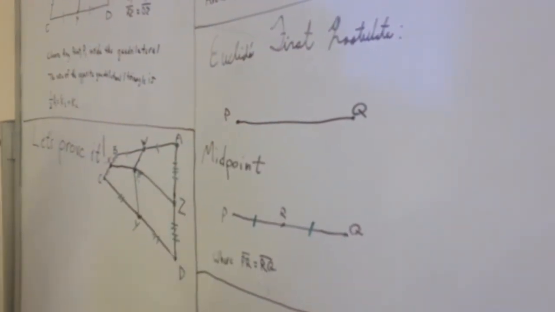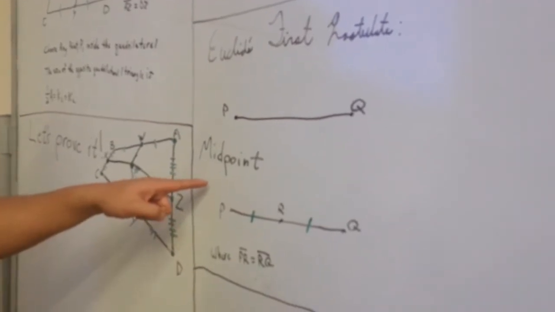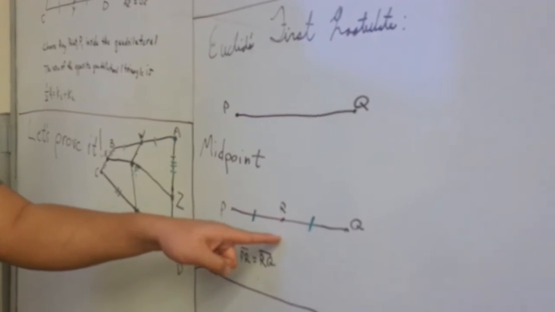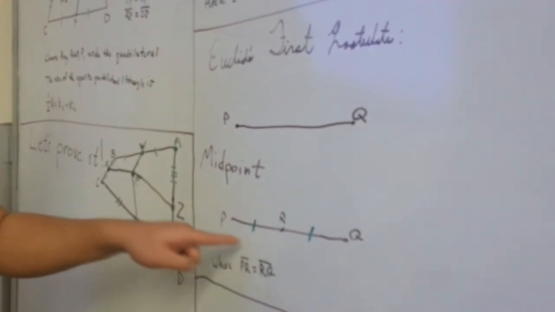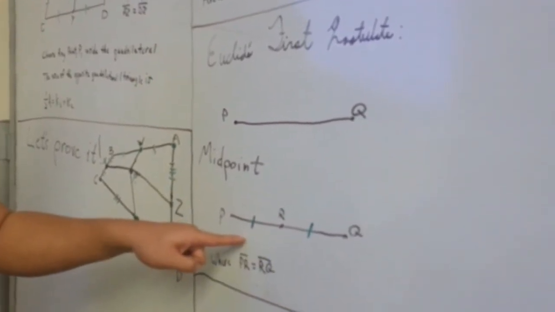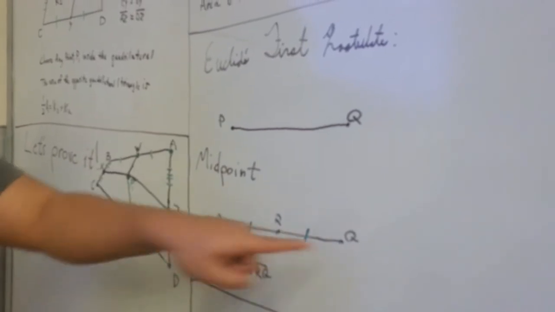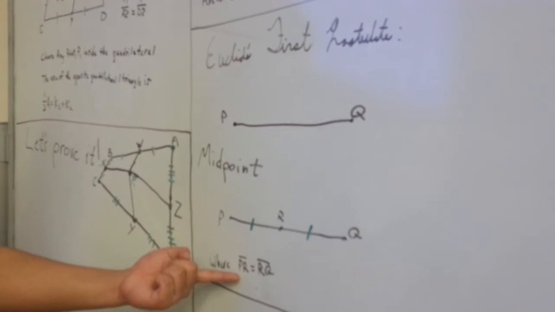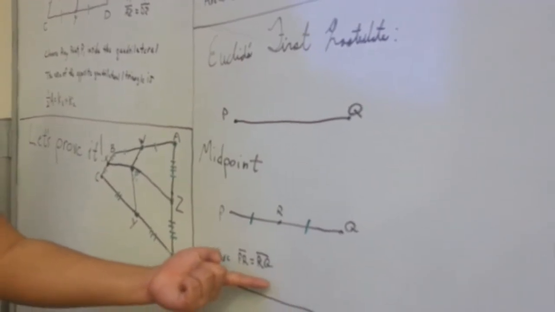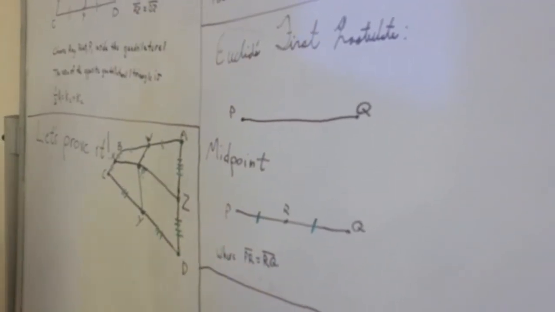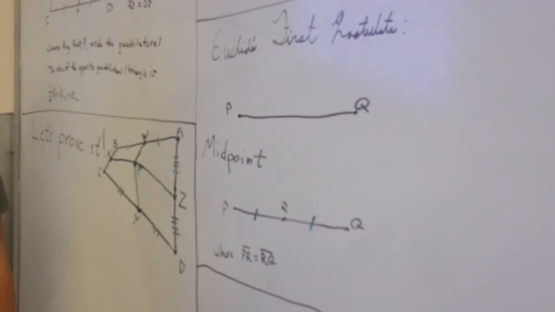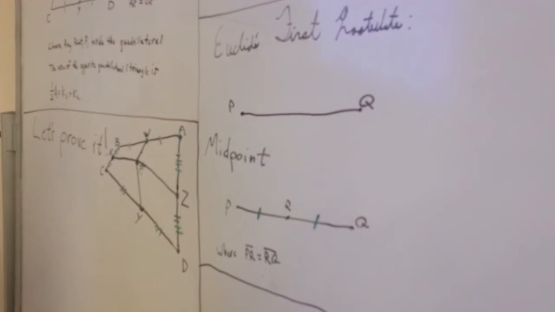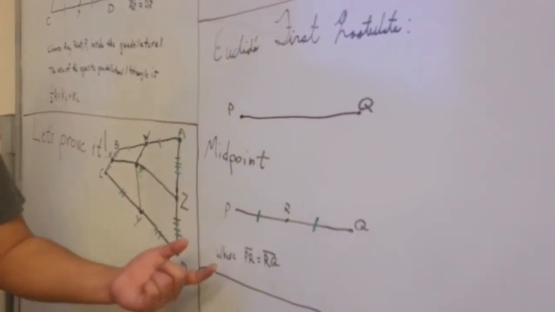All right, so as I explained earlier, the midpoint is just a point on the segment that divides both of these lengths into half of the total length PQ. What this entails is that PR is equal to RQ. This is very important into understanding the consequence of having the area issue that we're currently having with the other